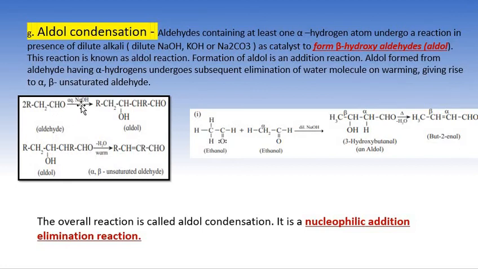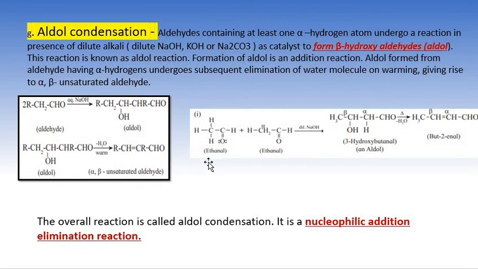And in the presence of NaOH, what will happen? One molecule will add up to another molecule, or we can say to the carbonyl group. So on addition, this alpha hydrogen atom will go to the oxygen, bonded with oxygen, and the rest of the whole molecule will get bonded with the carbon atom to form aldol. And on further elimination of water, this OH group will take up hydrogen from here and form an alpha beta unsaturated aldehyde.